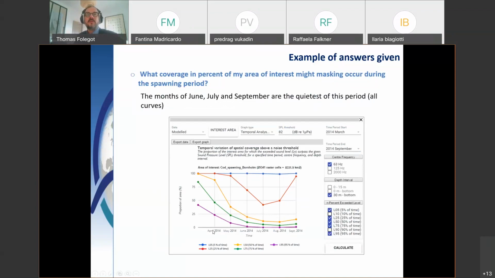What the graph tells you is that the months of June, July, and September are the quietest months of the period. Okay, because you have this drop here, in proportion of area. Oh, sorry, maybe I should explain that. Here you have the proportion of area that is exposed at 82 decibels, and the color curve for the period of time we are looking at, and for the different percentiles. So what it says is that